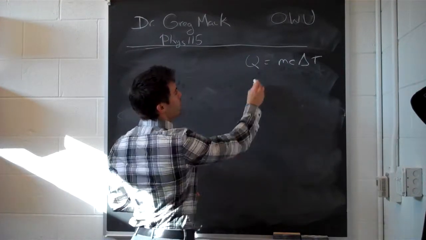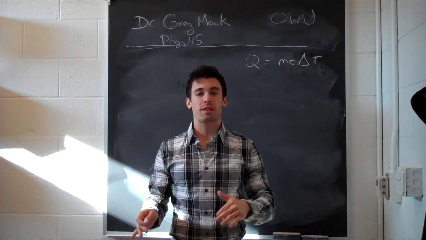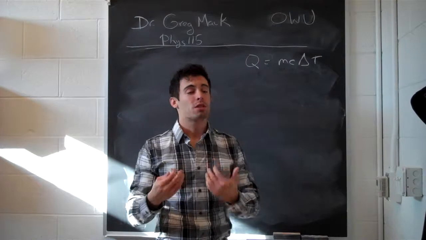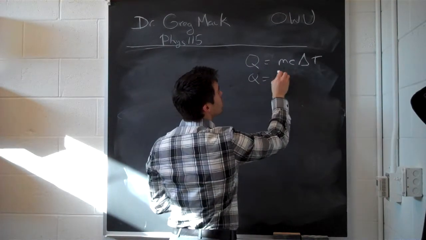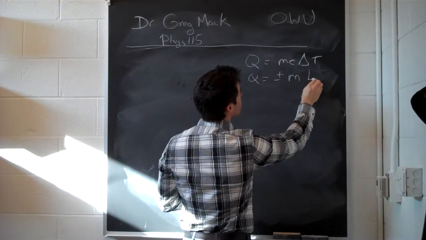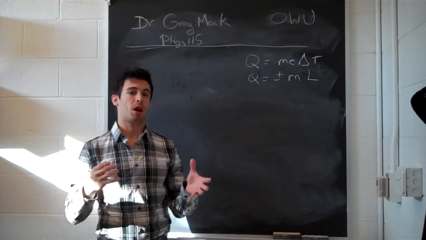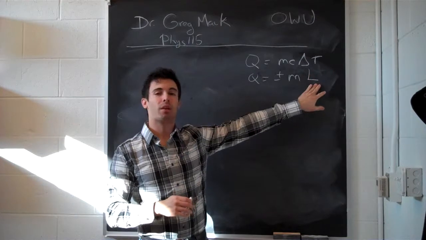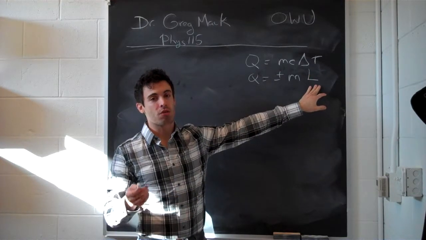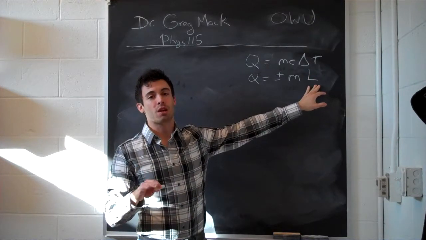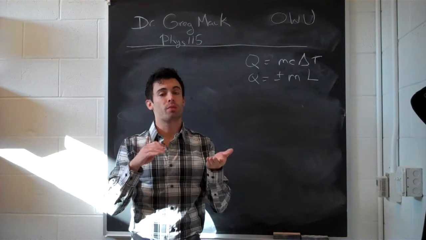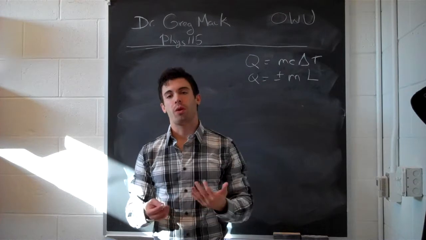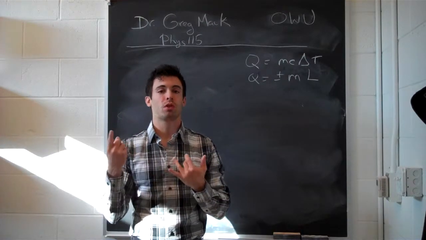Okay? If you're just talking about changing the phase and not talking about changing the temperature, you can't use this equation because delta T is 0. So instead, you use Q is equal to plus or minus, depending on if it's absorbing energy or losing energy, the mass times capital L, which is either the latent heat of fusion or the latent heat of vaporization, depending on if you're going from a solid to a liquid or a liquid to a gas. And then you can have the latent heat of sublimation when you go from a solid directly to a gas,